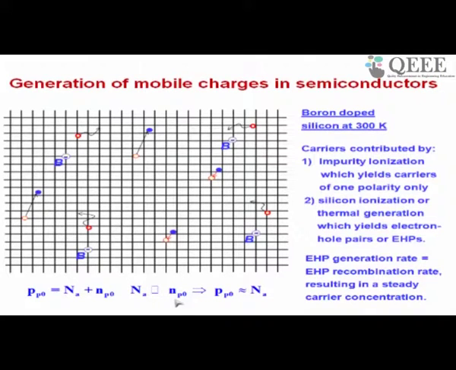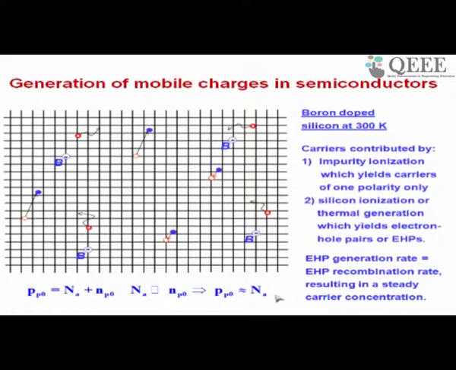So doping is much more than electron concentration or minority carrier concentration. So here electrons are minority carriers. In a p-type semiconductor, the number of electrons is less than the number of holes, therefore electrons are minority carriers. In an n-type semiconductor, the number of holes is less than the number of electrons, therefore holes are minority carriers. And since Na is much more than Np0, you get Pp0 is Na. So hole concentration in a p-type semiconductor will be equal to the doping concentration of boron.